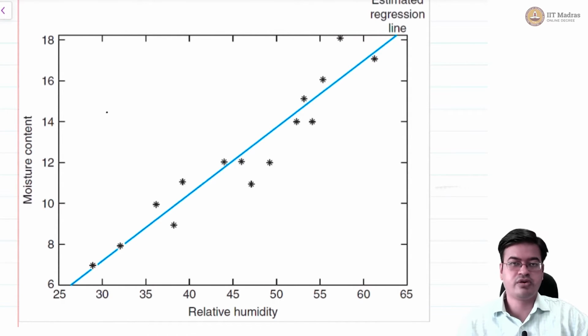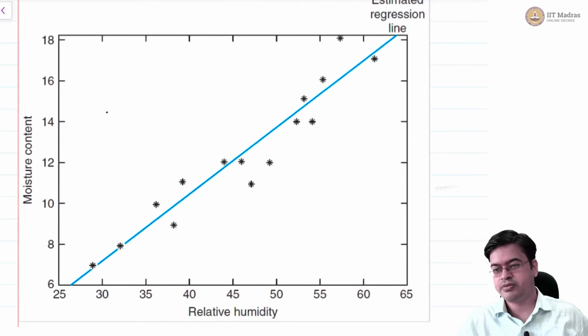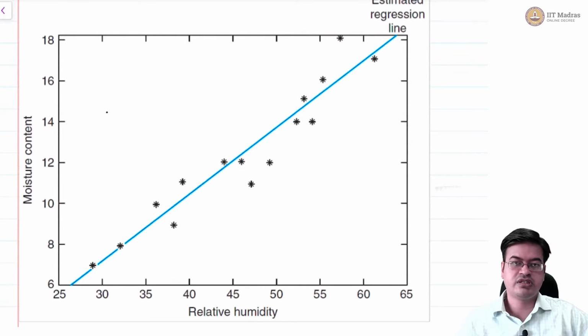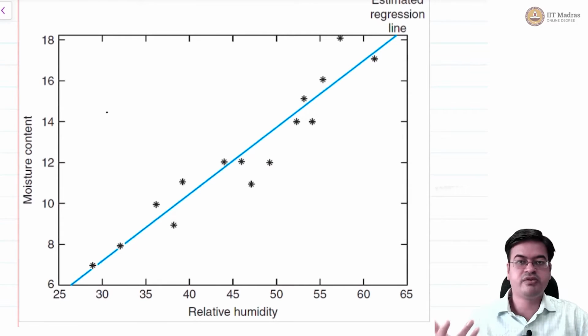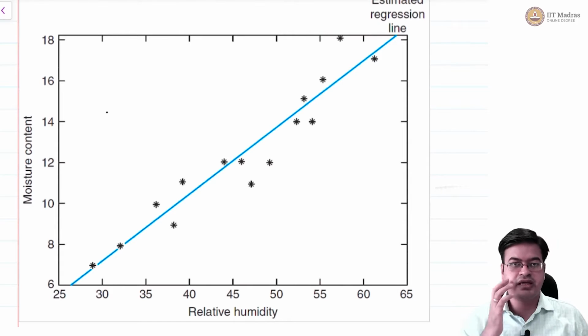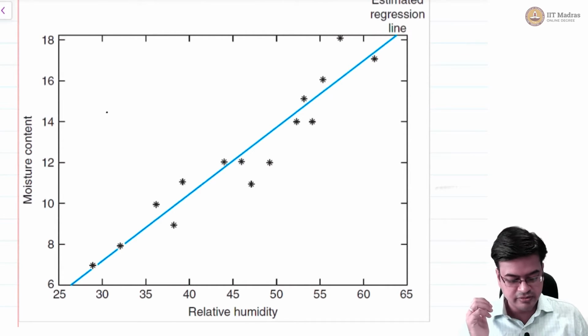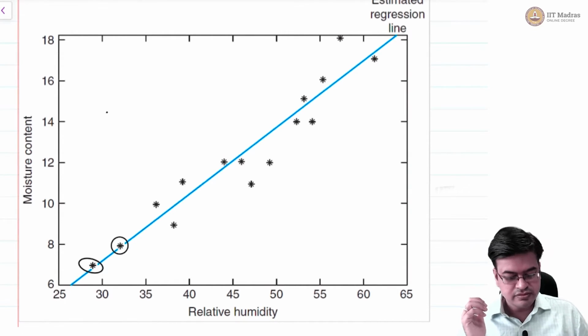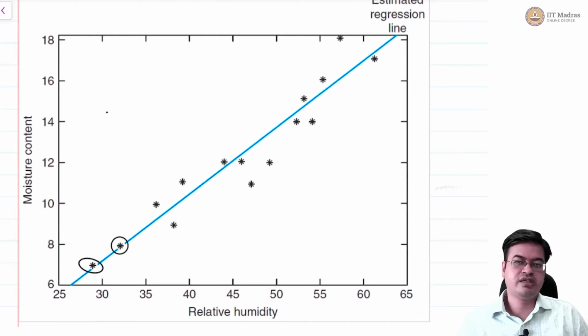In order to motivate the topic of lines, I have taken one example where a synthetic material is given to you and we want to analyze the moisture content of that synthetic material with respect to relative humidity in the weather. The data that was collected and the observations that were made were given in this kind of star-shaped plot, and the engineers want to predict the behavior of relative humidity and moisture content. Is there any deterministic relationship between relative humidity and moisture content?